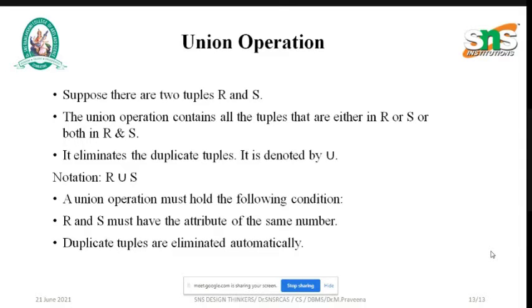A union operation must hold the following conditions: R and S must have attributes of the same number, and the duplicate tuples are eliminated automatically. These are the two main conditions while using the union operation.